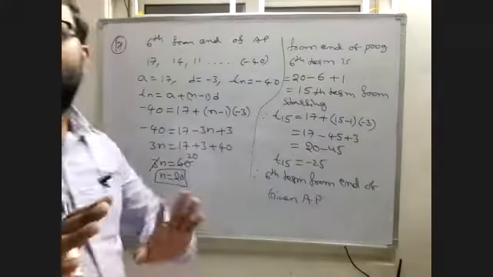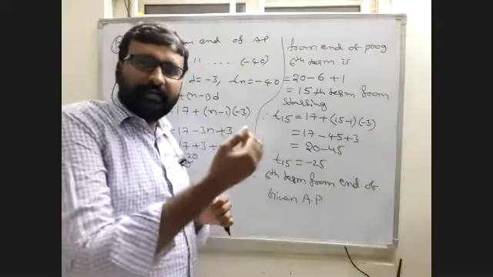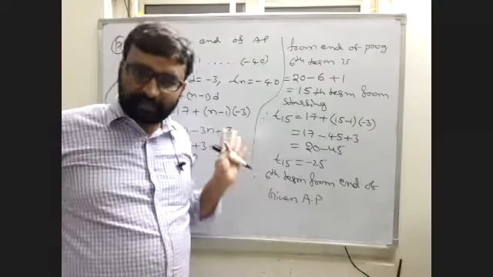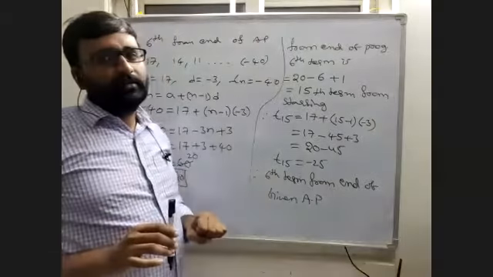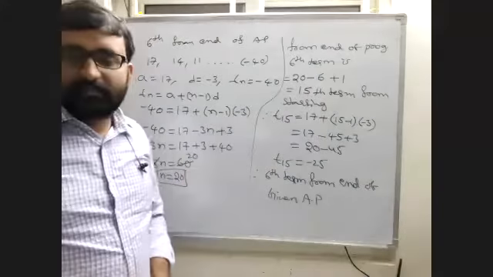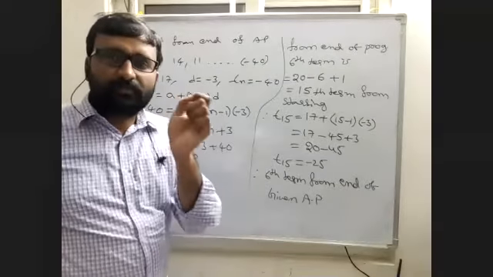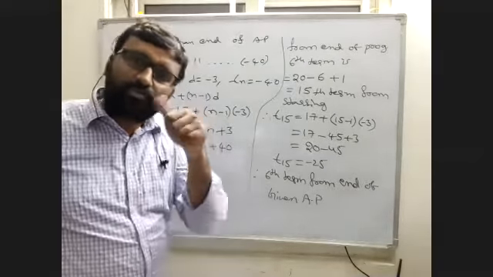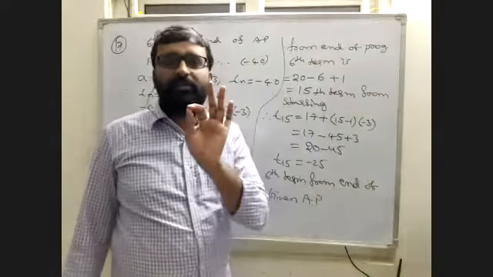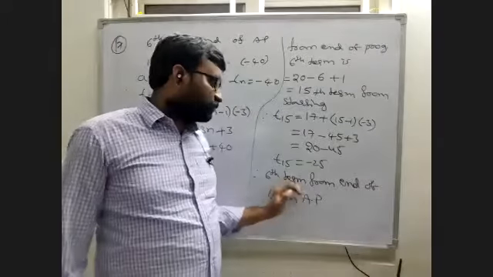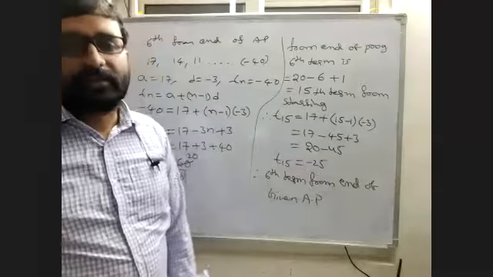Understand? I'm telling you once again. Remember, if asked from the end onwards, second, third, fourth, fifth, whatever it is, we have to first know how many terms are in the given progression. After getting the number of terms, just subtract the asked term number and add plus 1. Then you will get the correct answer. So the sixth term from the end onwards is the 15th term from the starting onwards: minus 25. Understand, Jibil?